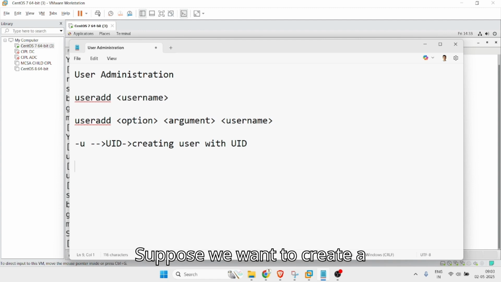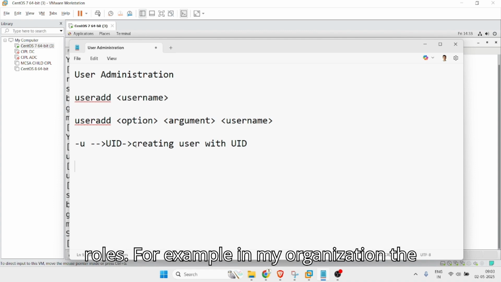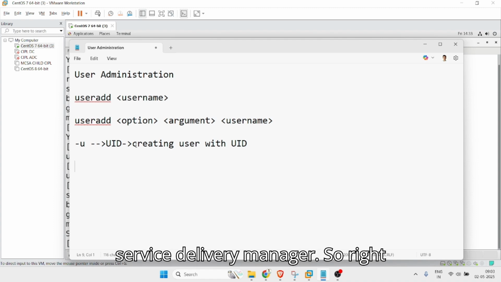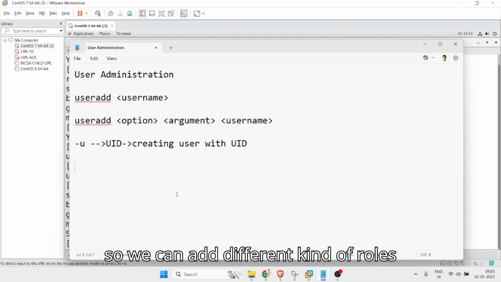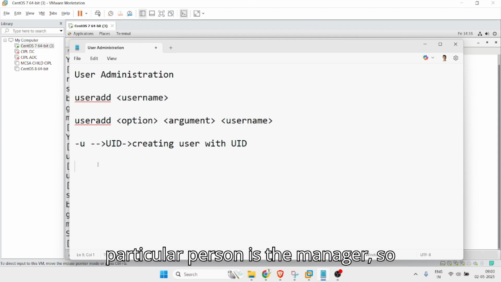Suppose we want to create a user with a comment as manager. In our organization, there are many different roles. For example, in my organization, the top of our boss is an SDM, who is a service delivery manager. So we can add different kinds of roles here. Suppose a particular person is the manager, how can we comment